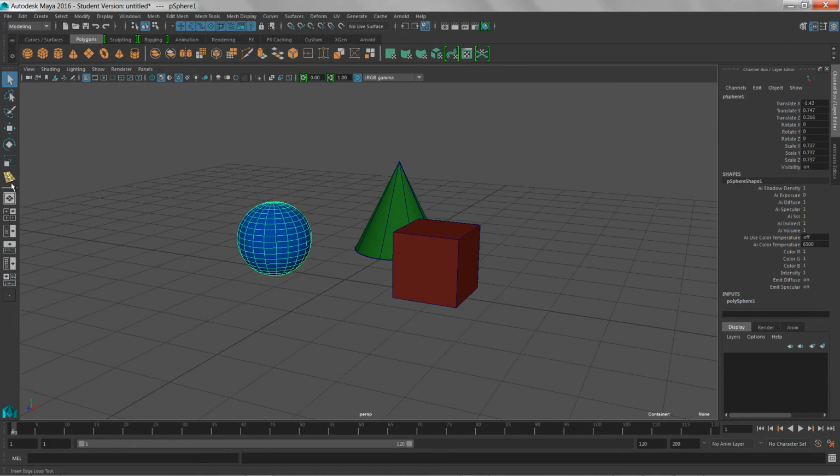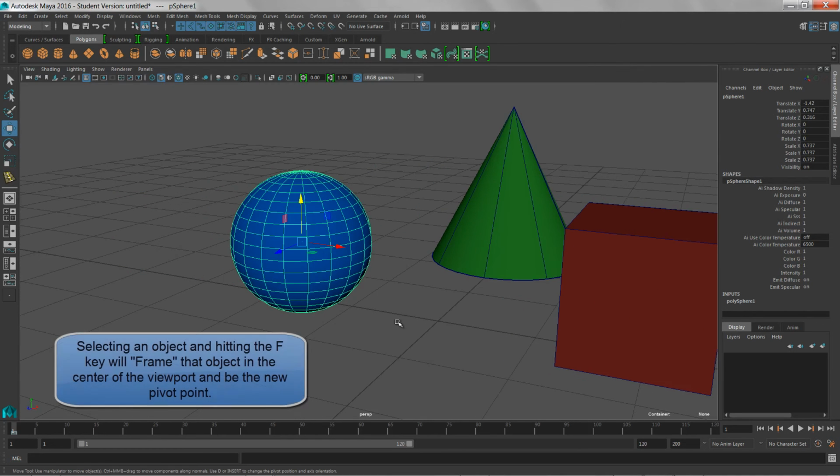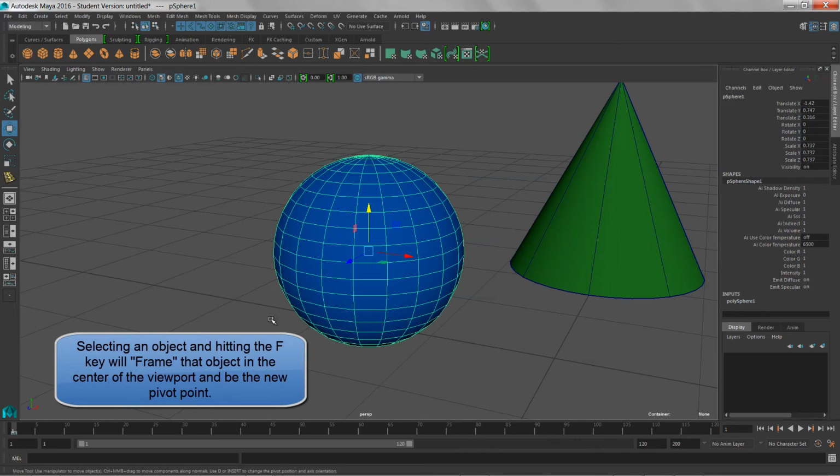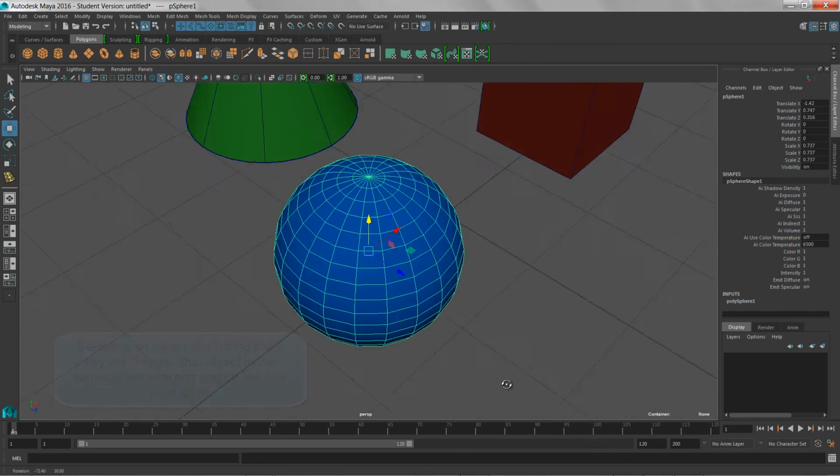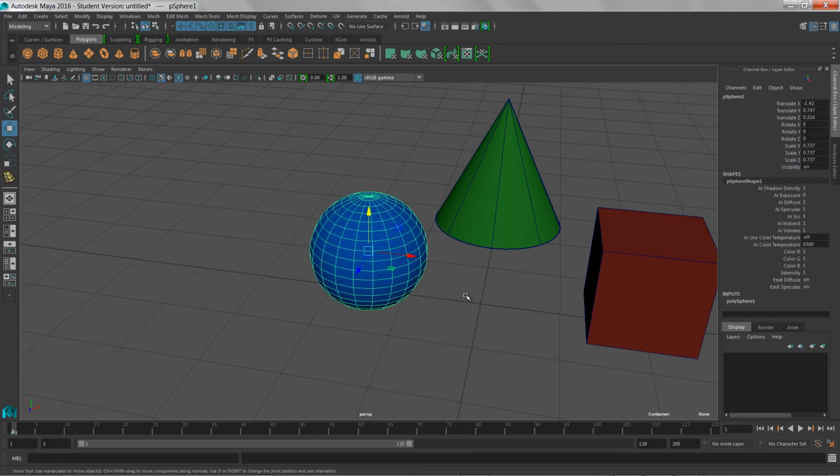This last one right here is the last function that I just did, and this is where we use Y. So I'm going to select the move tool, and you can see the icon right here just changed. I'm going to hit F to frame up on that. So this will center around that pivot right there. You can see things are rotating around the center of this object now instead of the center of the world